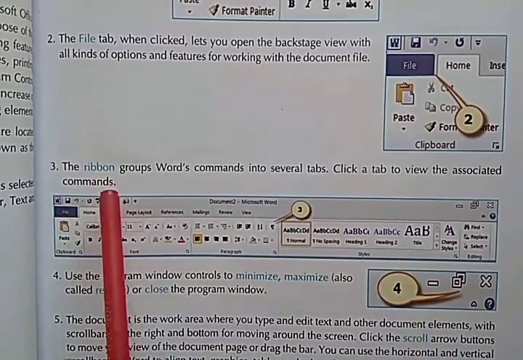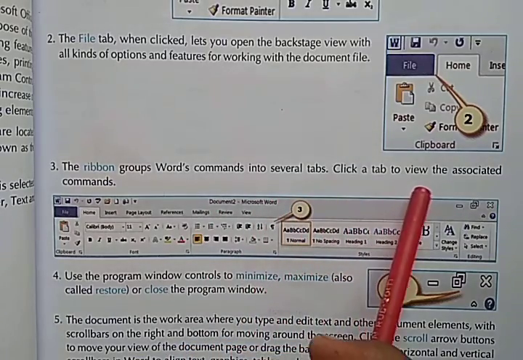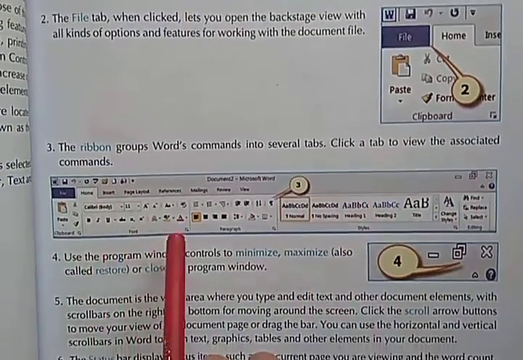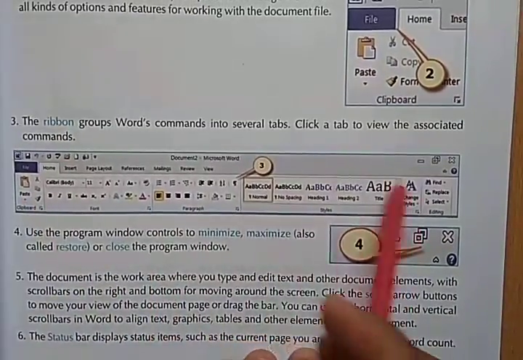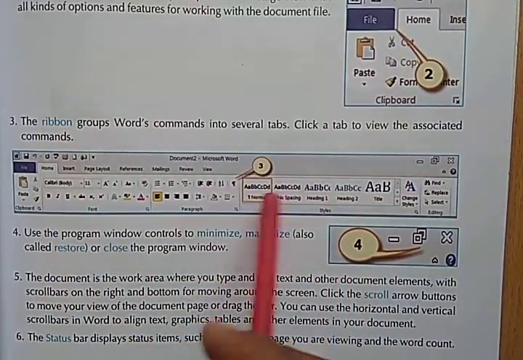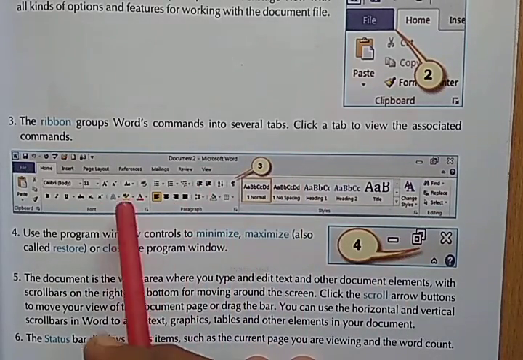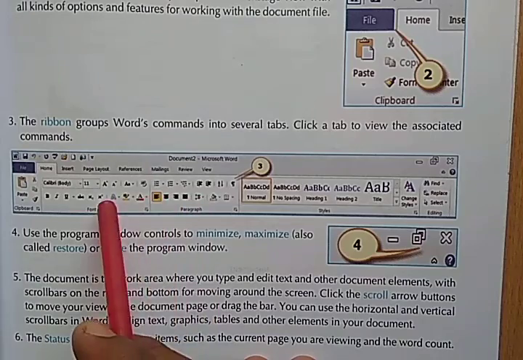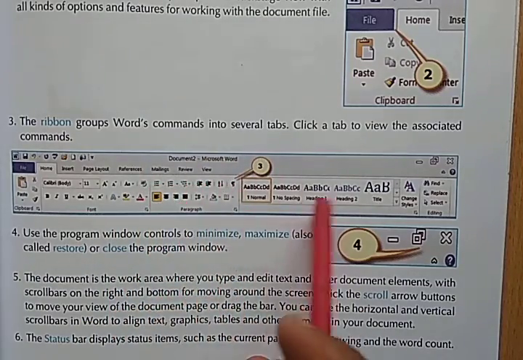Next is the ribbon, which groups Word's commands into several tabs. Click a tab to view the associated commands. Just see here, students, all this we can say is the ribbon, including Home, Insert, Page Layout, References, Mailings, Review and View.